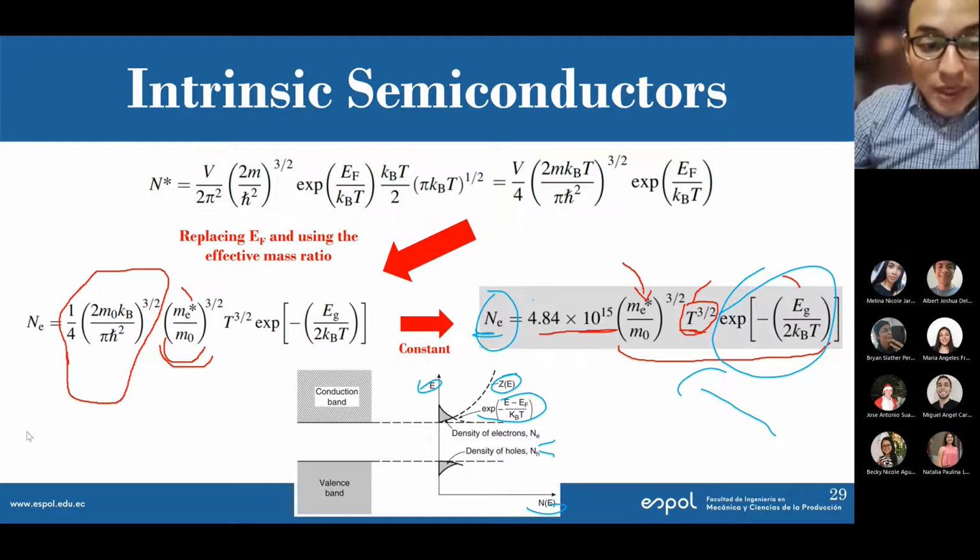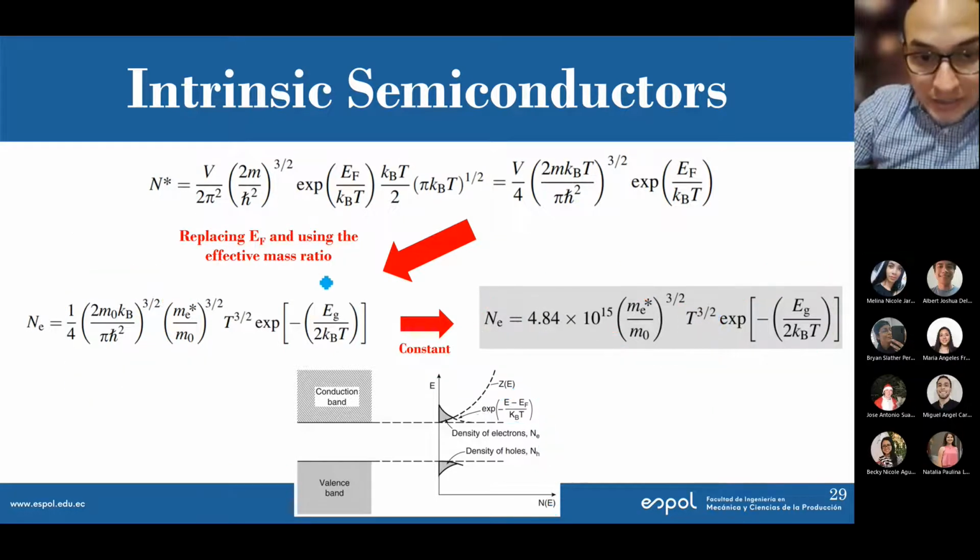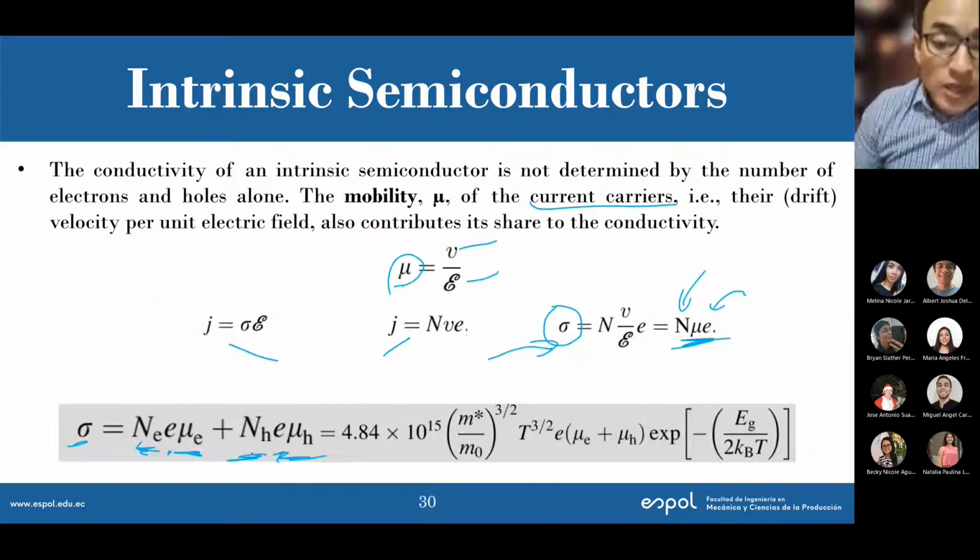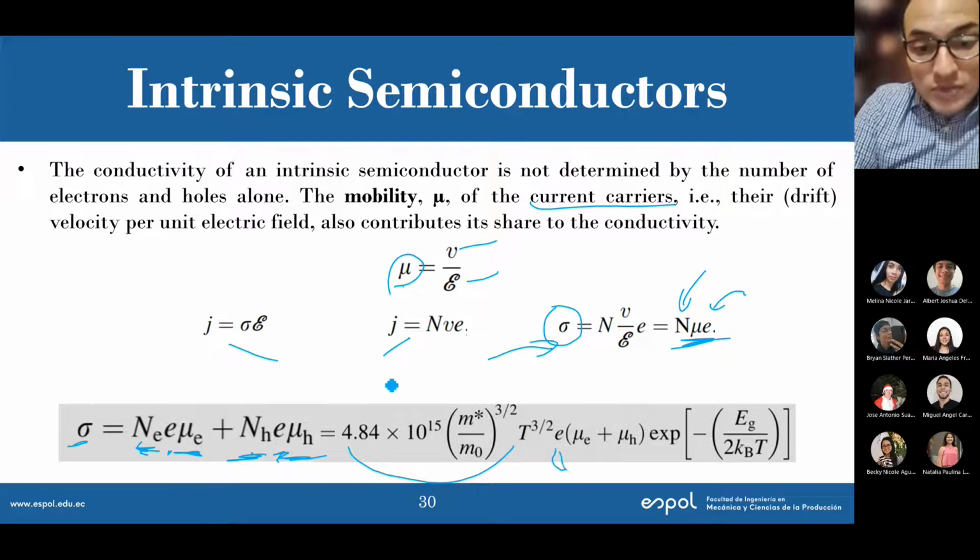I already have an equation for this value, so I can replace it. It will be the constant times the charge and times the mobility of both,